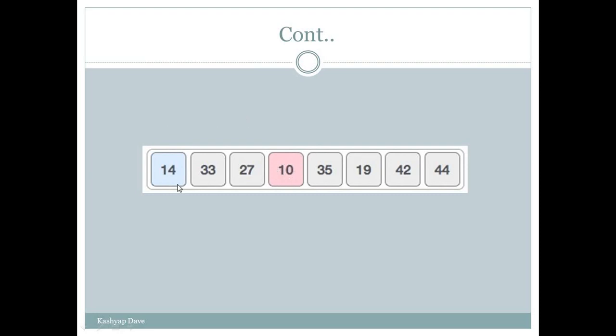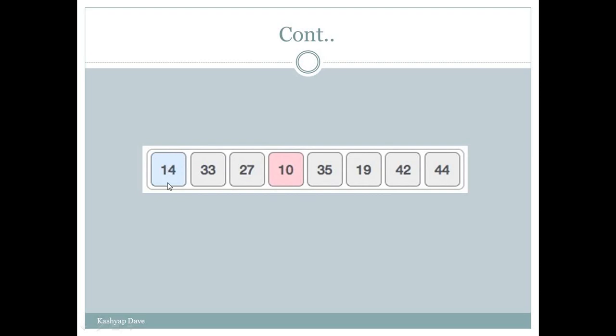So on our beginning index our number was 14, so we will replace 14 with 10, because in our unsorted list the minimum number is 10, so this number 10 will be placed at the beginning index of the array.